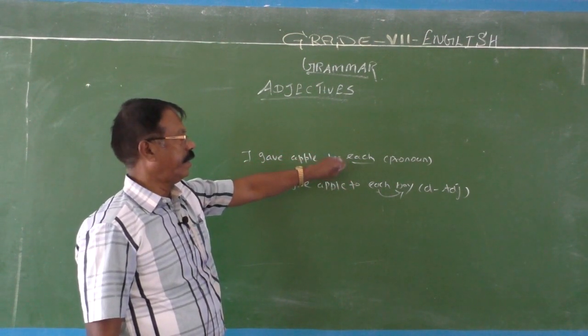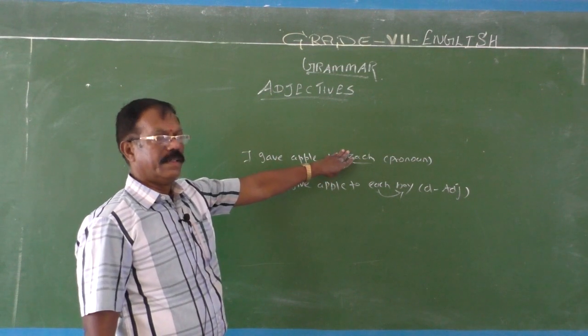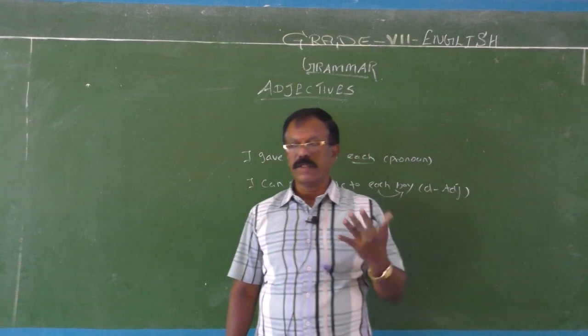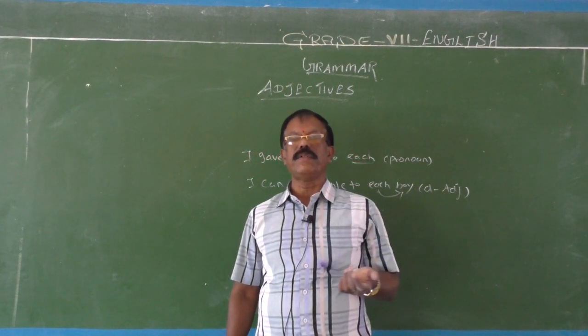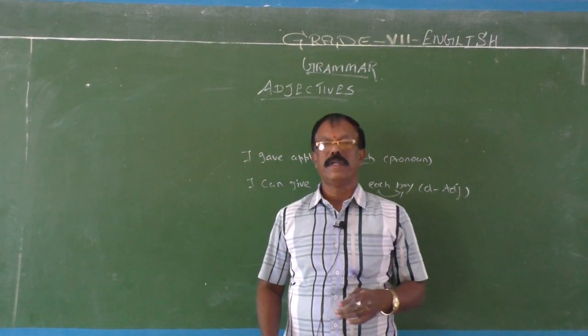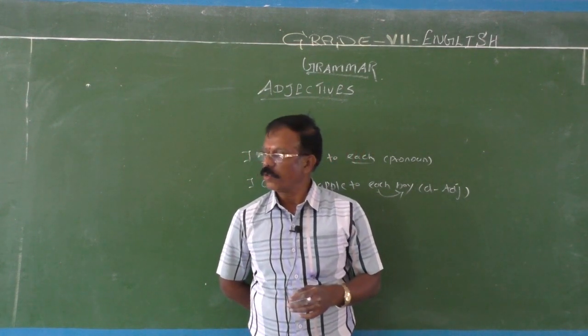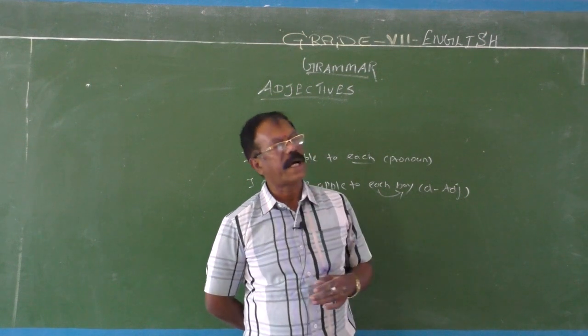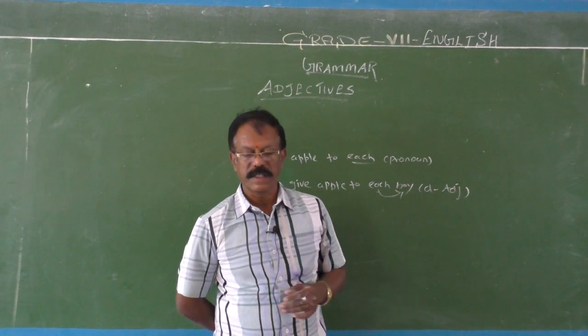Each, every, neither, either. If they are used without a noun, not followed by a noun, then they are called distributive pronouns. If they are used in the sentence with the noun they describe, then they are called distributive adjectives. Okay, children. Next,